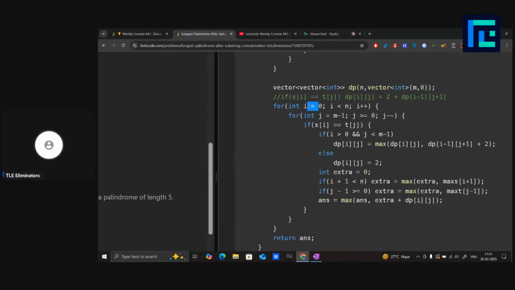So when I am at i, I will already have crossed i minus 1. Now if we are at i, j, and if s of i equals t of j, and also it is not the first and last character, like i is not the first index and j is not the last index,